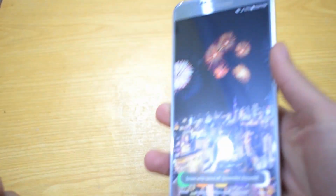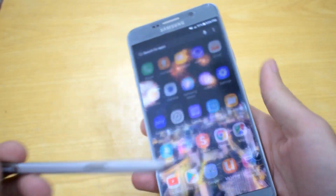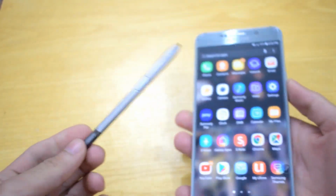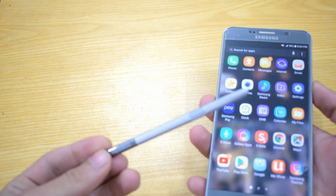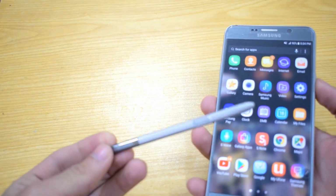I used it for 6 months. In the 6 months, I got a good result for this phone. This is very pretty nice. So the number 7,